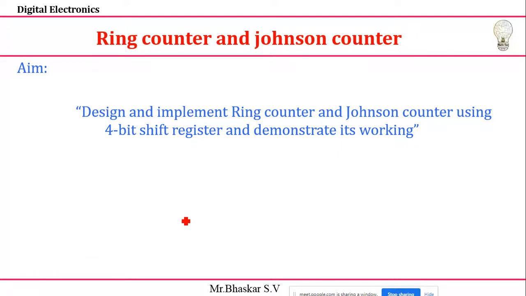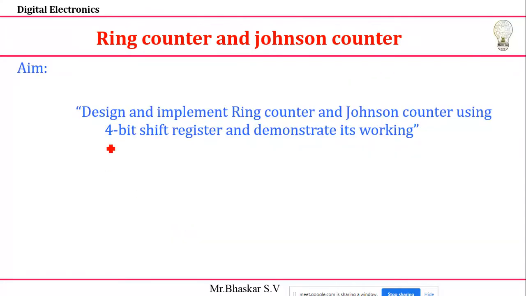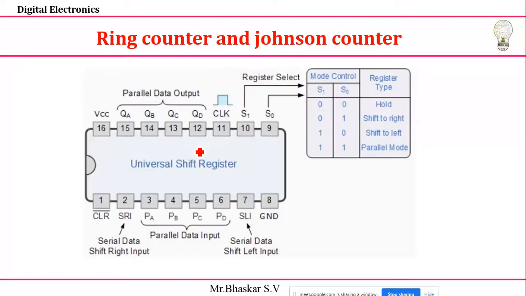Okay, let's move on. So theory, you know that, so I'll take it briefly. Here, I'm going to use one IC for this explanation, a 4-bit shift register. That IC is the universal shift register. When it comes to theory, we already know it performs many operations: hold, shift right, shift left and parallel mode, based on my select lines. If my select lines are 0, 0, it acts as a hold state, no changes. 0, 1 means shift right, 1, 0 means shift left, and 1, 1 means parallel mode.